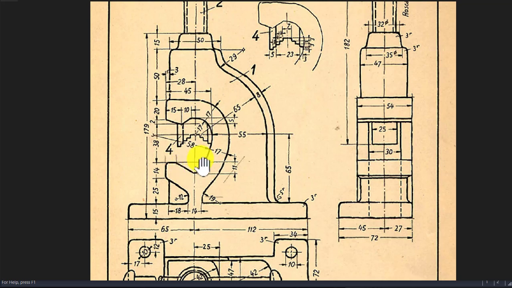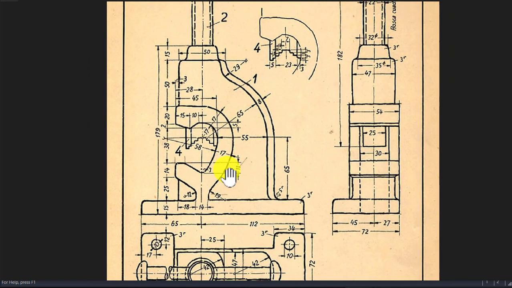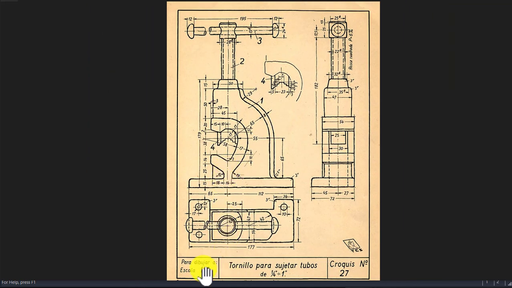This arc is centered on this vertical, as well as 17, the radius of 17. And here is 14, which seems to be in the middle of this small face. We have dimensions here, so that I placed everything in my drawing,